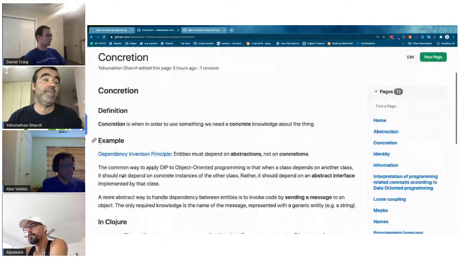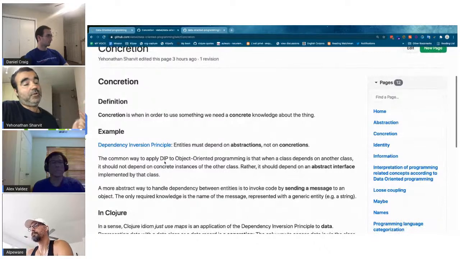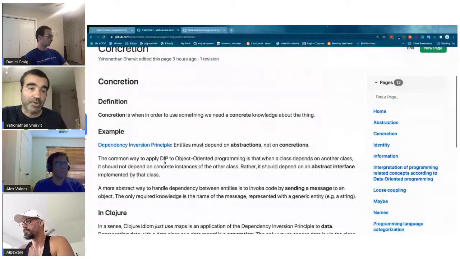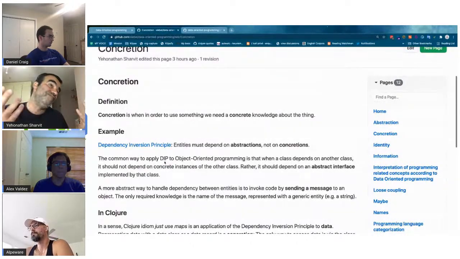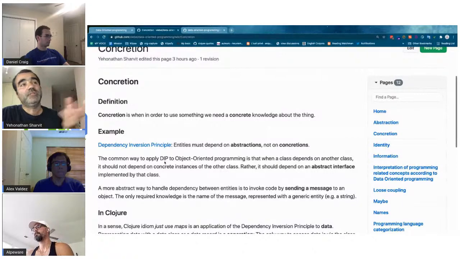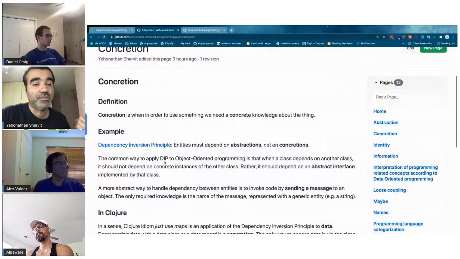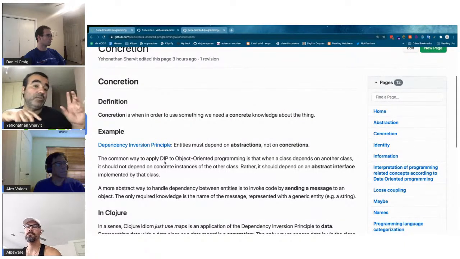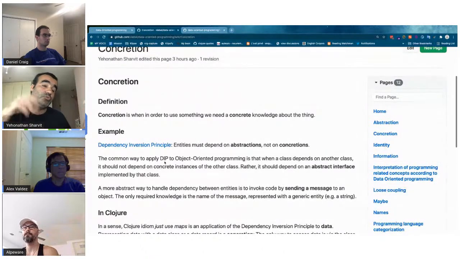And again, in classic object-oriented programming, they have this thing called the dependency inversion principle, which is not a design pattern, but a meta pattern if you want. It's a good principle that we should follow. It says that entities must depend on abstractions, not on concretions. What they mean is that when a method from class A wants to call a method from class B, it should not call the method from class B directly.